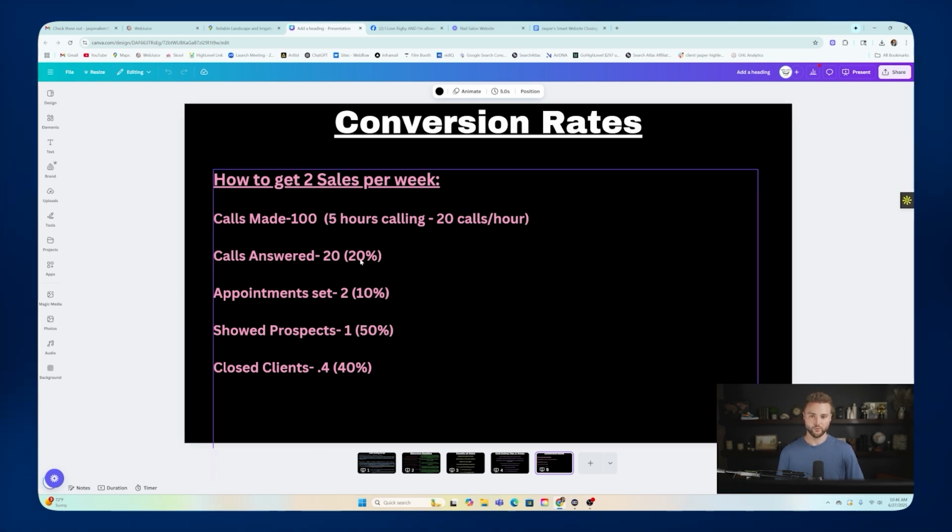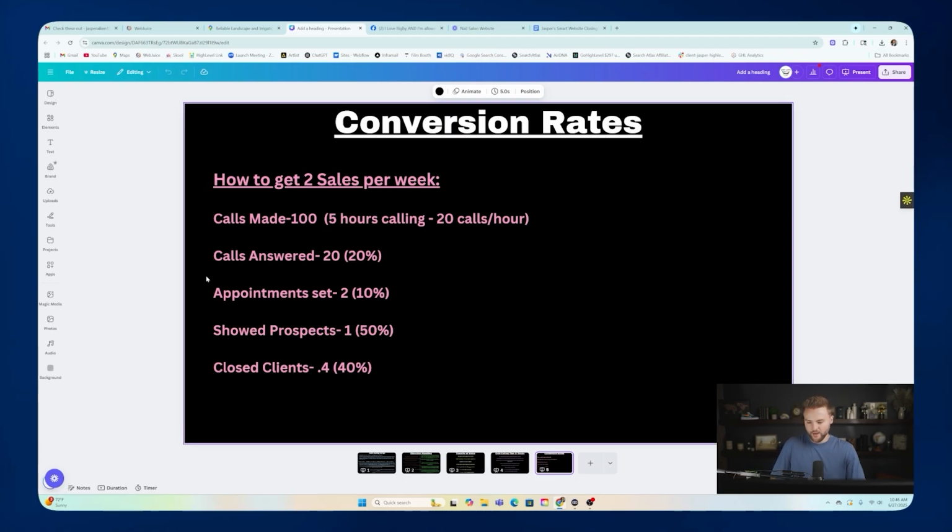Calls answered are going to be about 20%. It's crazy that business owners don't answer their calls. There's so many calls that go unanswered. And so pickup rates are actually only 20%, which seems weird. You think businesses would pick up the phone more, but they don't. So out of those 20%, I can typically set an appointment with about 10% of those. So about 2 out of the 20 people that I actually talk to, I can book an appointment with, which